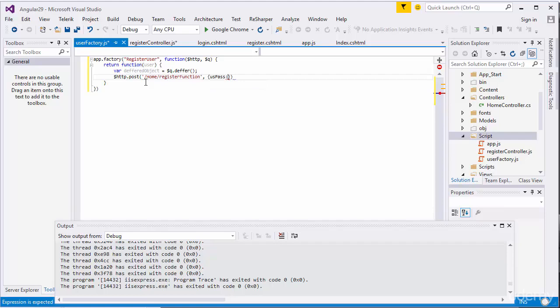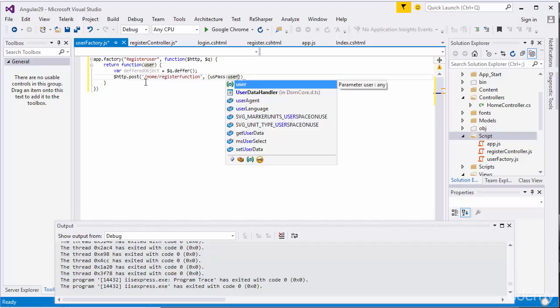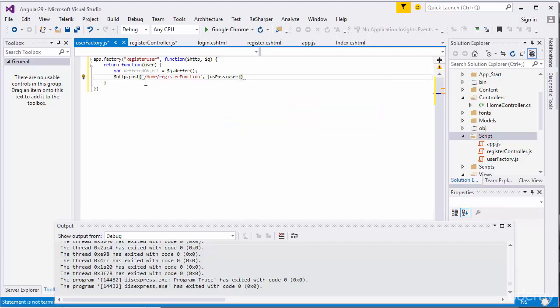I'm going to assign this user as userPass. Actually that's the object that is going to be accepted. I have defined this object name in the backend to accept. Because of that I'm going to assign this user object to userPass. When it passes to the backend it passes as userPass, and if it is success